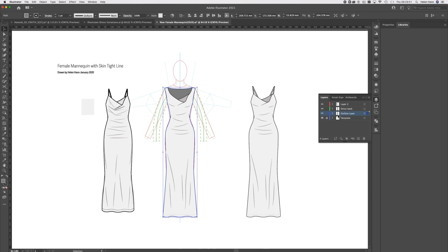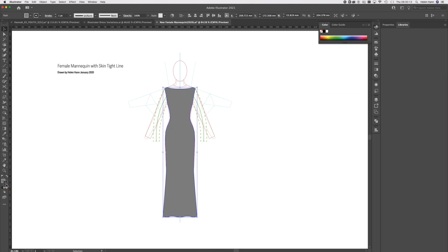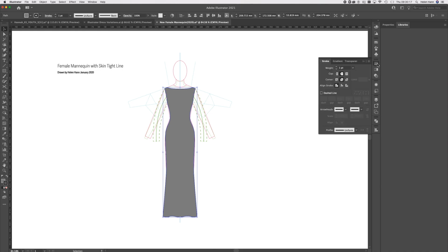So I've got a version of the back piece on this layer. If you want to see what that looks like, if I turn that off, that's what we've got. So this is going to be what I'm going to use to add my outline. The interior of this isn't important, it's all about the stroke. So I've just brought the stroke to the front,